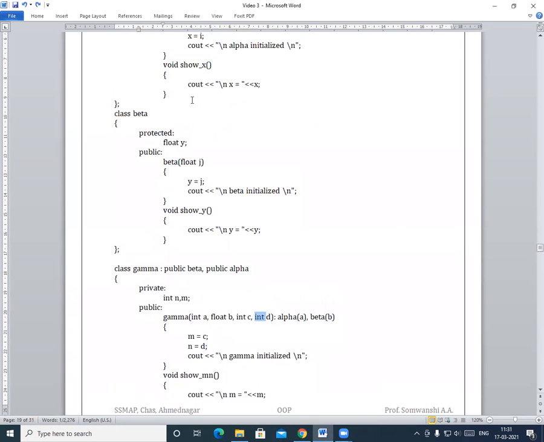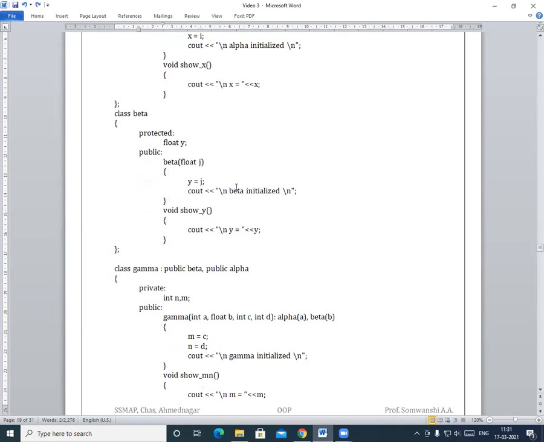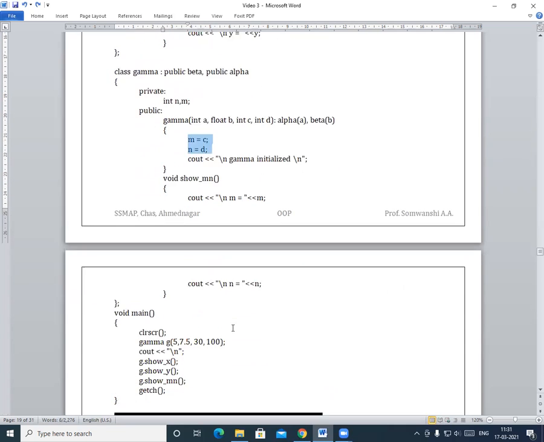So here we can see that we have passed the first parameter, that is a parameter to constructor alpha, the b parameter to constructor beta, and then c and d parameters to m and n. So here we have passed the 4 parameters to 3 constructors or 4 variables.